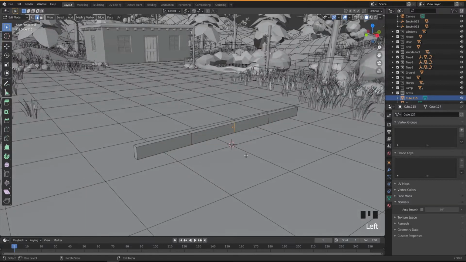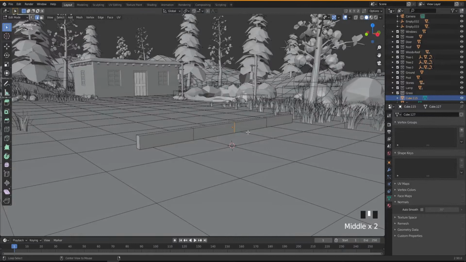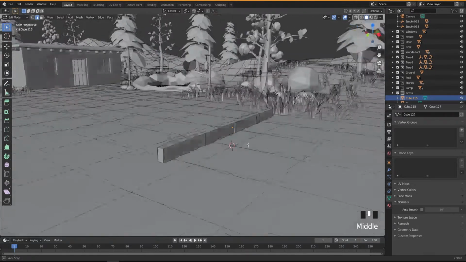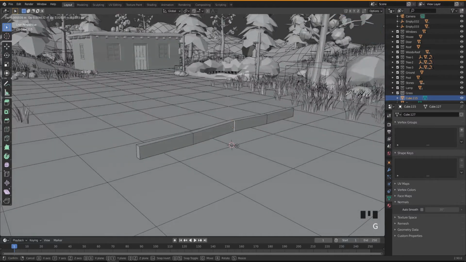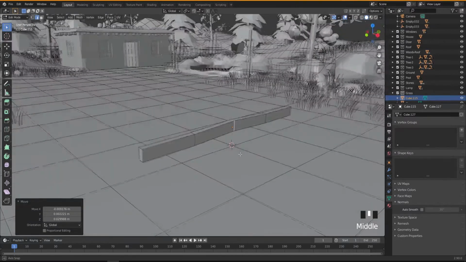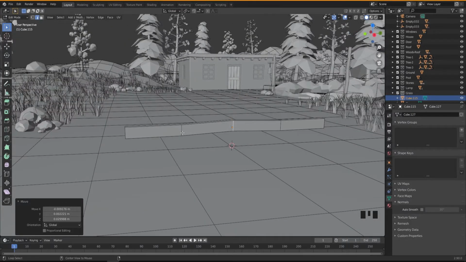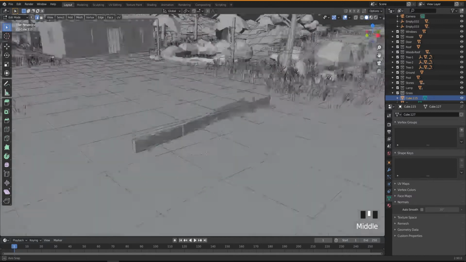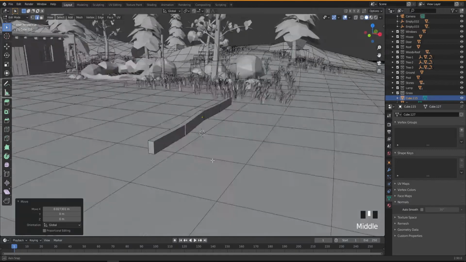Hold down Alt, select this edge, so you can select all the way around by holding Alt, and then G, and just move it a little bit so it's not so straight. Hold down Alt and then select this one as well. So I'm going to G X, move this one a little bit like this,